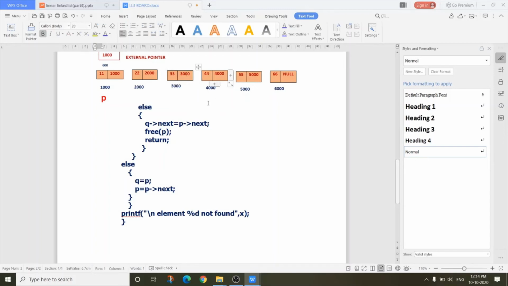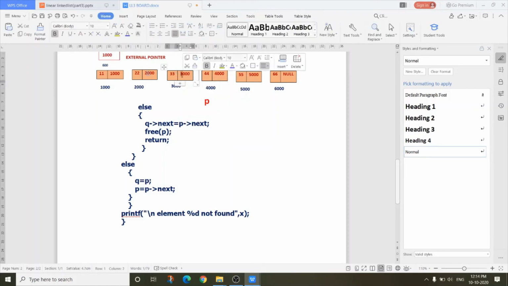I repeat, say this node is P and I want to delete this node. So the previous node, 3000 arrow next, here you have to give 5000. After deletion of the node, 5000 will be the next node of 3000.